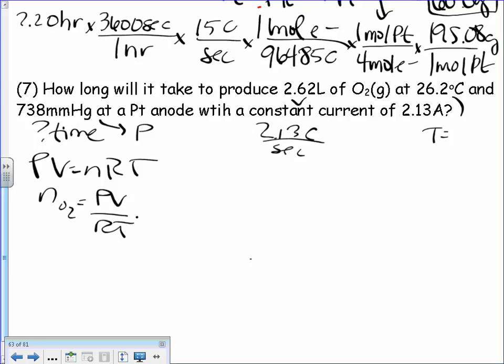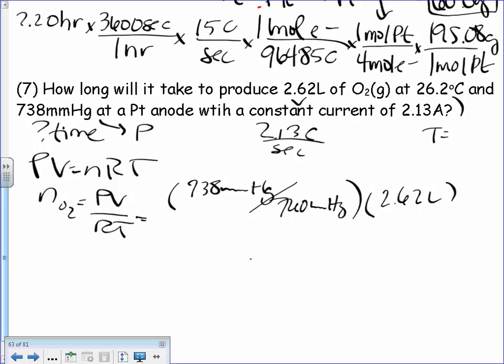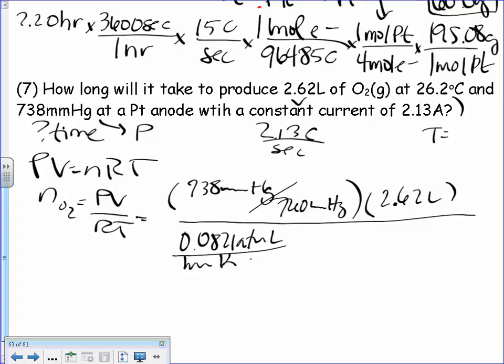Okay, so usually I like to do this in one swoop. P is 738 millimeters of mercury over 760 millimeters of mercury. That's our P. V, 2.62 liters. Remember to include your units, lazy people. Not that you're lazy, but you tend to sometimes on P's and R's. R, 0.0821 atmosphere liters per mole K. Kelvin, 26.2 plus 273. So you can see that I'm literally including every mini calculation in the bigger one. And then n,